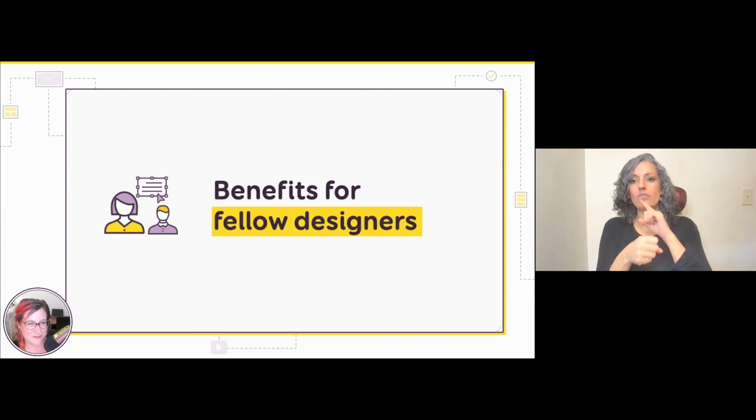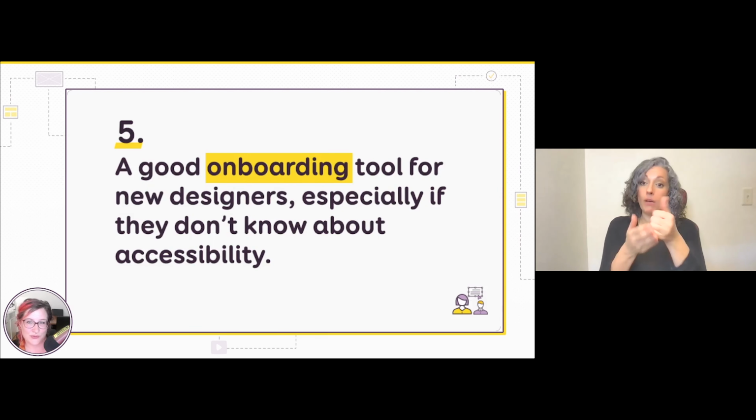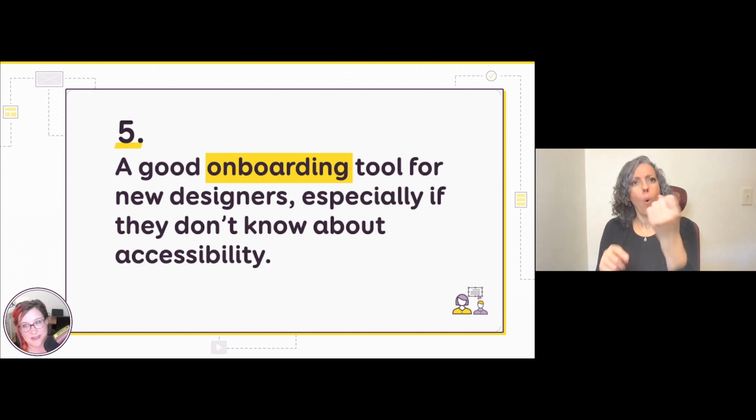And then it benefits my fellow designers. It's a good onboarding tool for new members in the team, especially if they don't know anything about accessibility. They get examples of how it works and what is expected from them, and then they will often ask a lot of questions and learn about accessibility while reading the documentation and creating some.